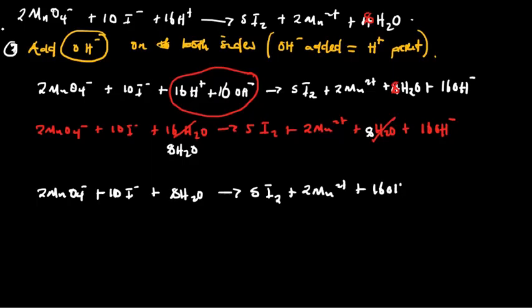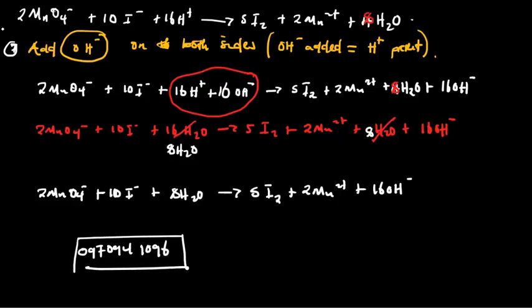Plus 16 OH-. So this is how you balance the equation in basic media. Is there a question on this one? No. It is clear. So what I've basically done is